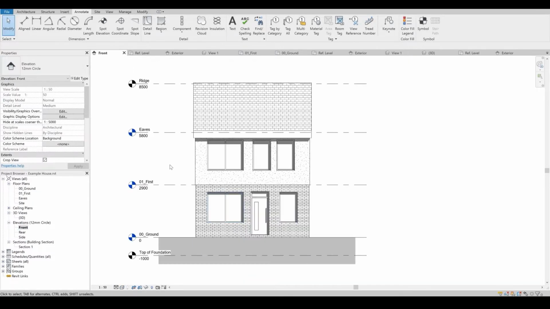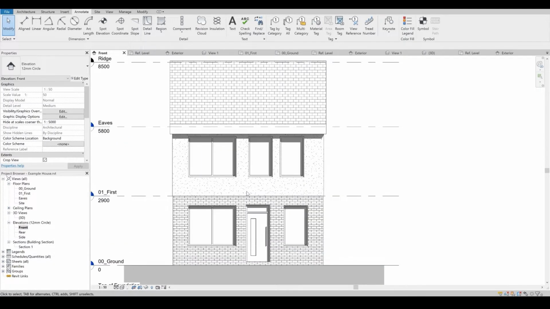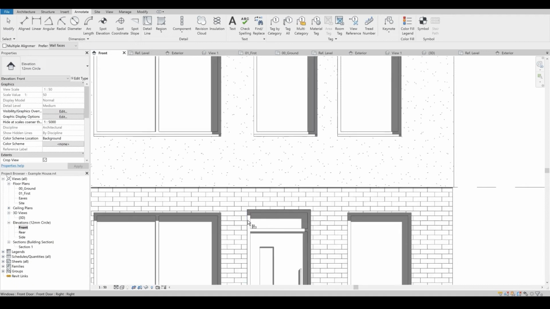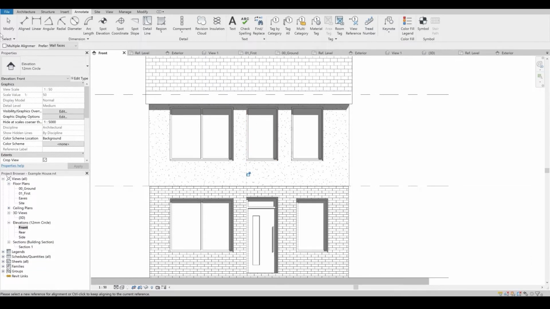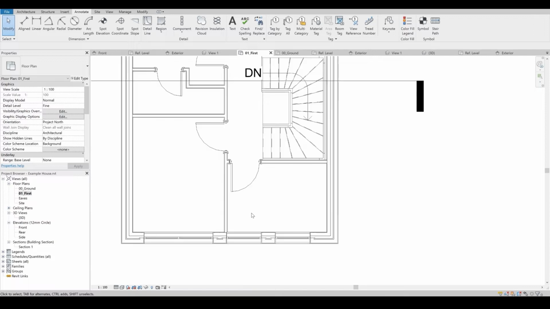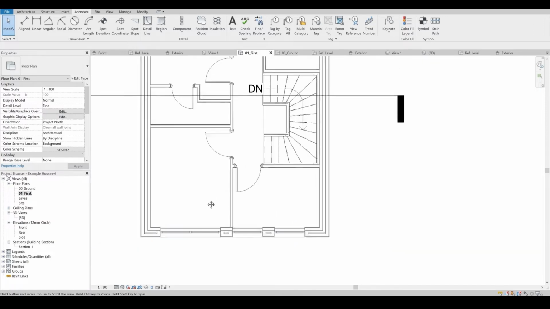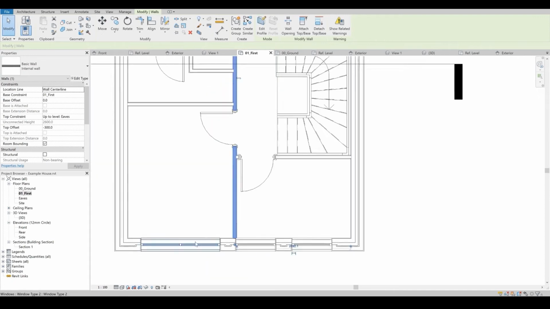Now we just want to finish off, so we've got a nice set of drawings to go on. So let's start with the elevations. So all we really want to do with these elevations now is just align things up. So if we use that door as a guide, we want that window to align with it. Now we're getting a warning upstairs. Great thing about Revit, obviously it's got clash detection. So we just want that to move over